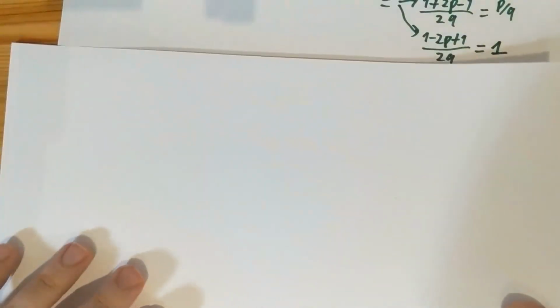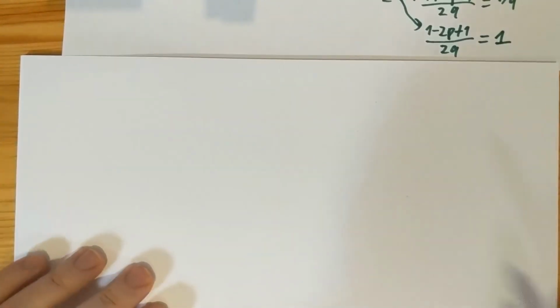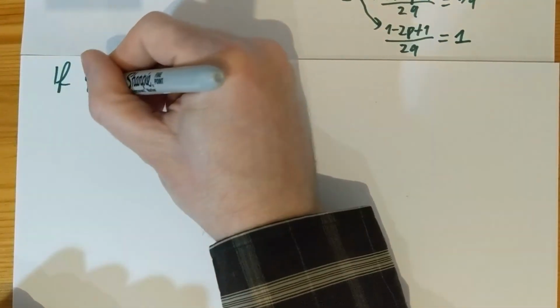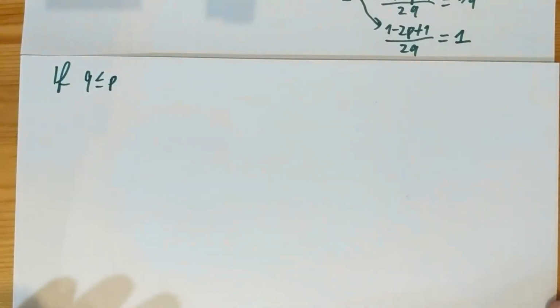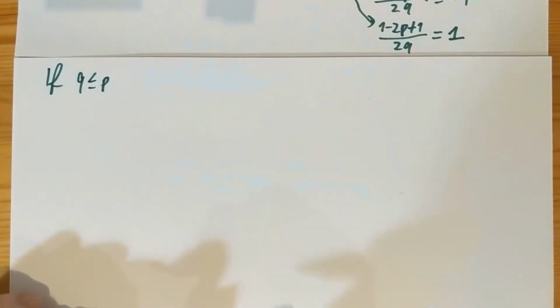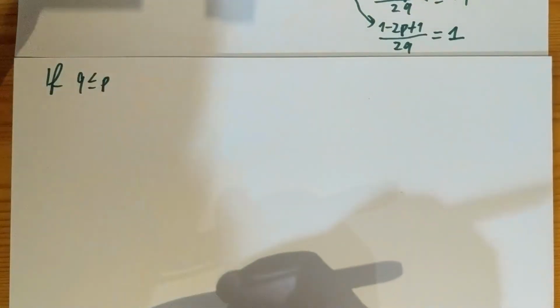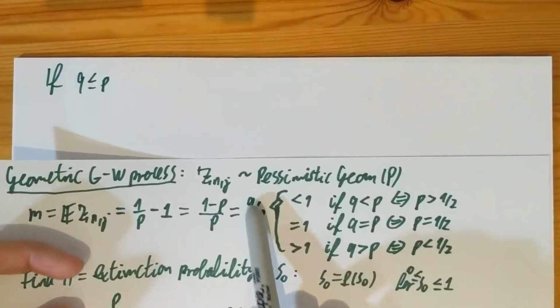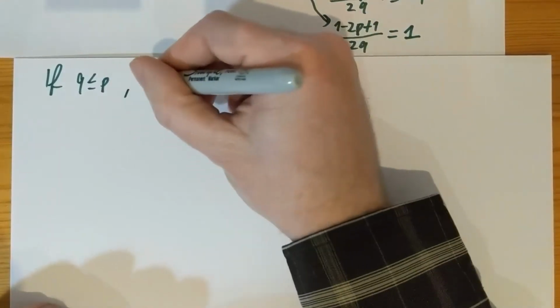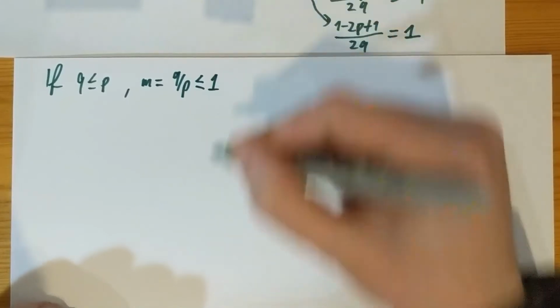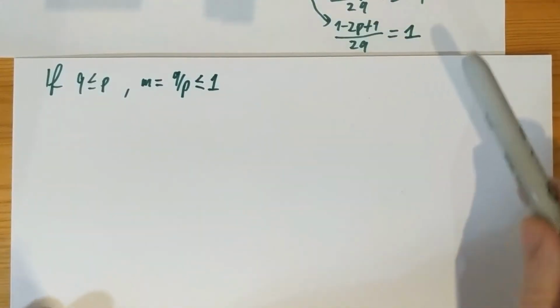If Q is smaller than P, say smaller than or equal to P, what happens then? If Q is smaller than or equal to P, then notice that my expectation M is Q over P, it's smaller than or equal to 1, and then out of these two,